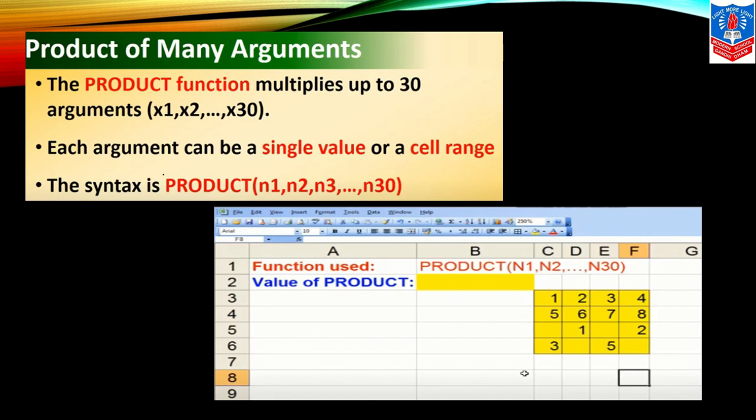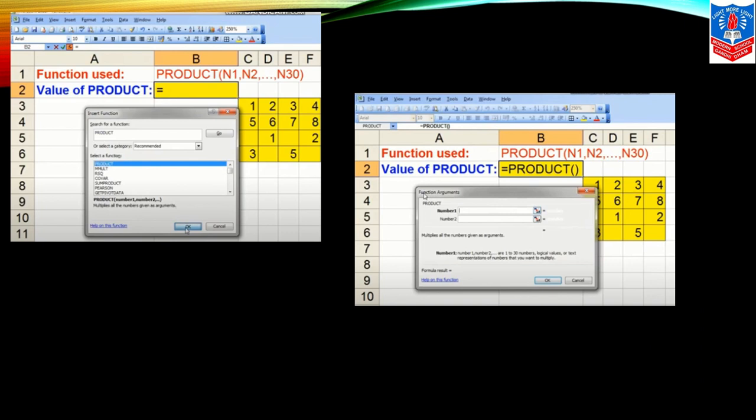You can see the example here, children. The function used in this example is PRODUCT, and the formula or syntax is n1, n2, till n30, right? And the function always starts with the equals to sign. Okay, children.